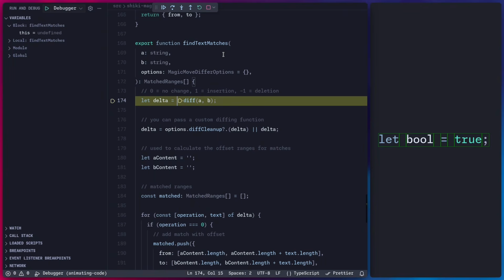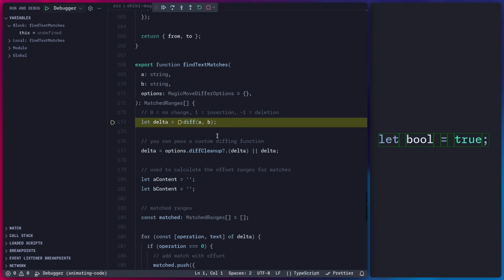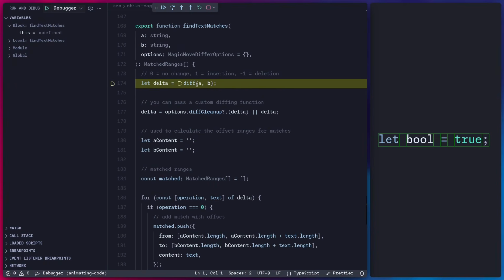As you can see, the find text matches accepts an A and B argument, which are just our code strings. In this example, it's just `let bools = true` and `let bool = false`. So now we need to find the differences between them using this diffing library. And if you're curious, the name of this library is diff from diff-match-patch. Alright, so we're basically going to run this function, nothing complicated. Let me actually just step over it because we don't actually want to go into the code of this diffing